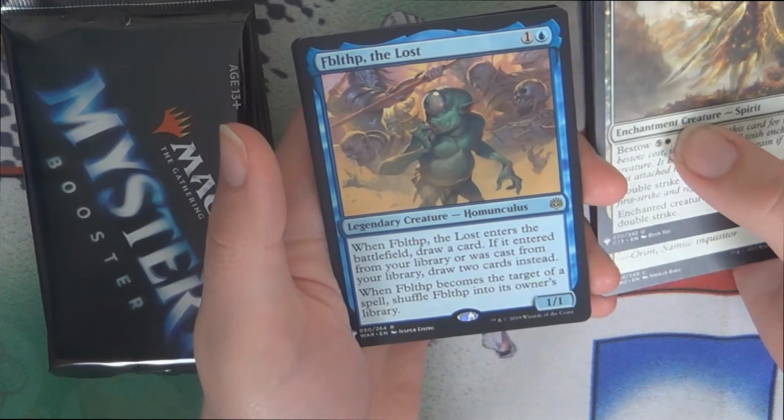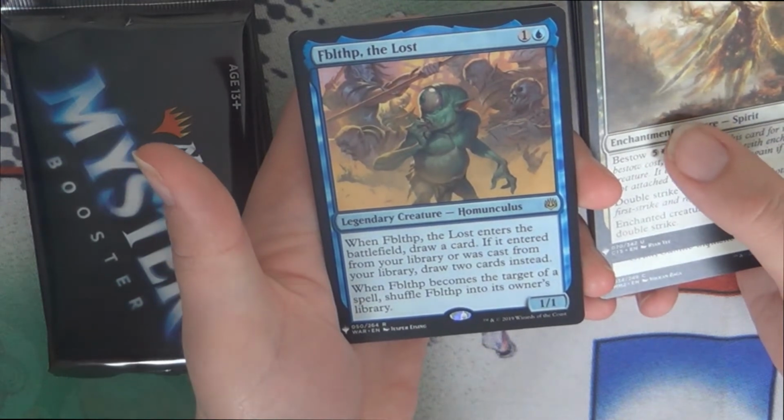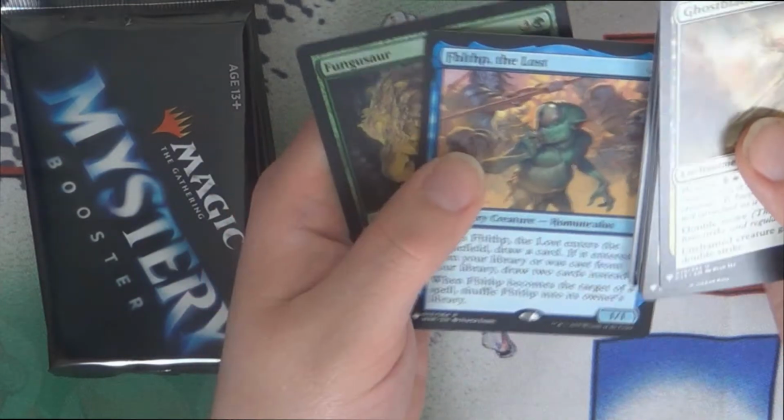He's 1 and a blue for a 1/1. When he enters the battlefield, draw a card. If it entered from your library or was cast from your library, draw 2 cards instead. When he becomes the target of a spell, shuffle him into his owner's library. He is my